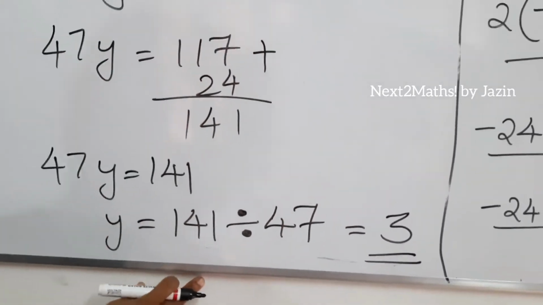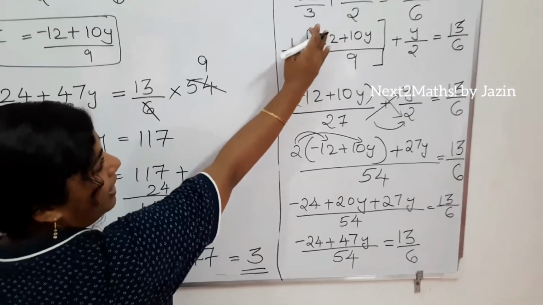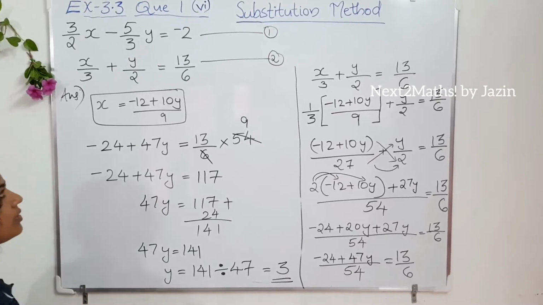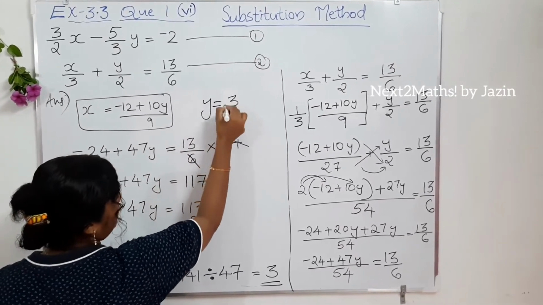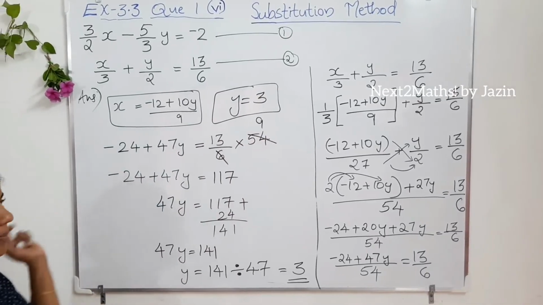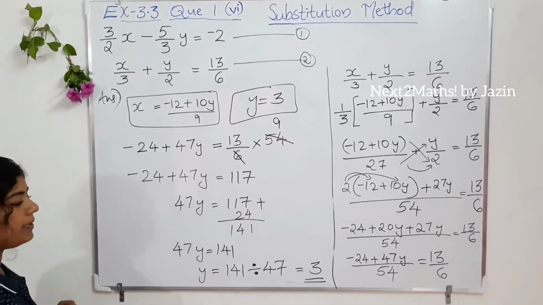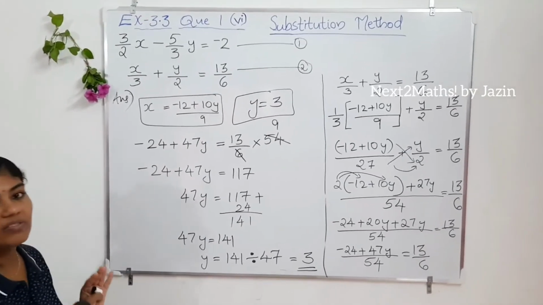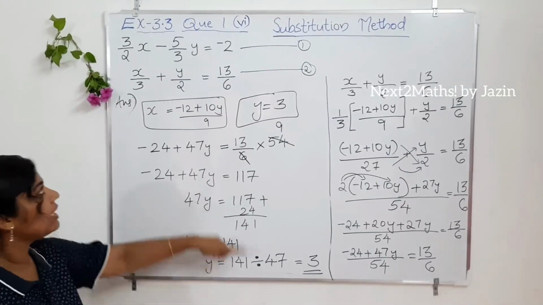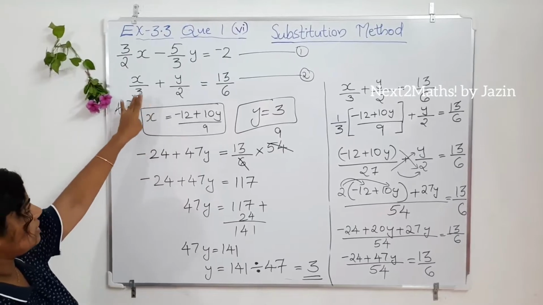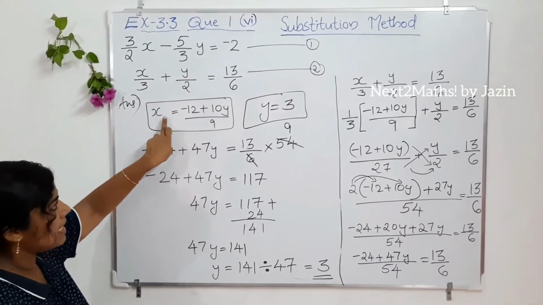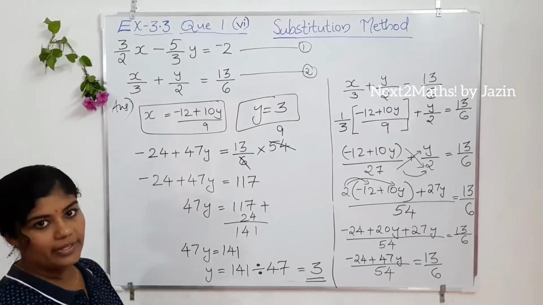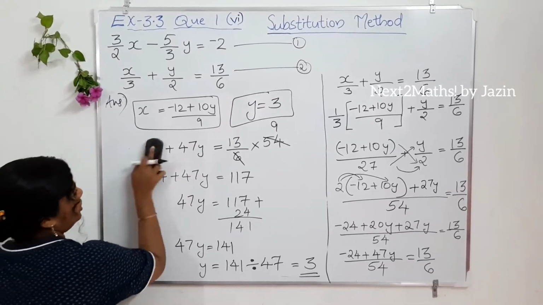So from the calculations, we reached from here. From here we applied each step and we reached what is y. So that y also we can write here, y equal to 3. Next I am just rubbing the board. So till y we reached. Next step is we are finding what is x, substituting that y value in this equation. In equation 2 you can give, or in this x that also you can give, and we are substituting, just putting that value and finding what is x.